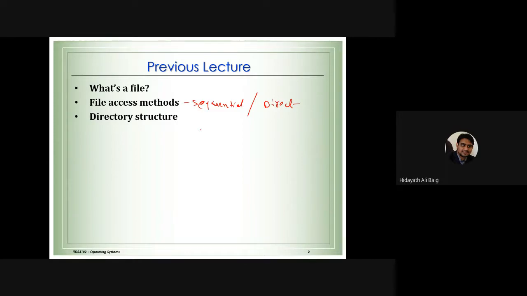I gave you the example of the tape drive. So we have the records of the file, and for example, we cannot go directly to a particular record number. We have to go through the records sequentially. So that is sequential access. In direct access, every record contains a number. So it will be record number 1, 2, 3, 4. So directly we can read there.